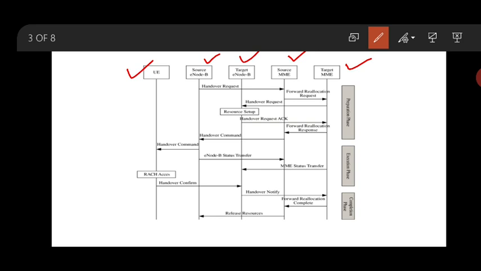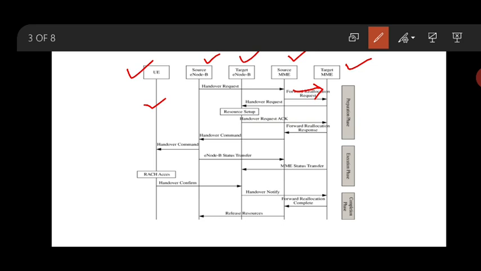Now once a request comes from the user equipment, there is a handover request. We call it a handover, meaning it will be moving from one cell to another cell, which is called a handover condition. A request will be transmitted from the source node to the source MME, and in turn the source MME will send a request to its target MME, because there is a common target MME for all the sources in this condition.